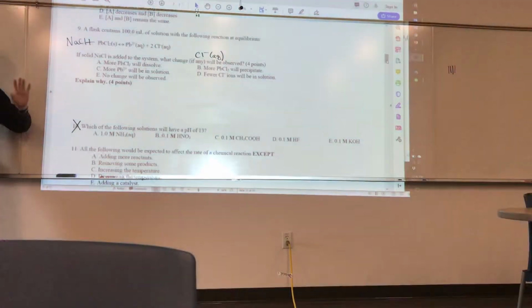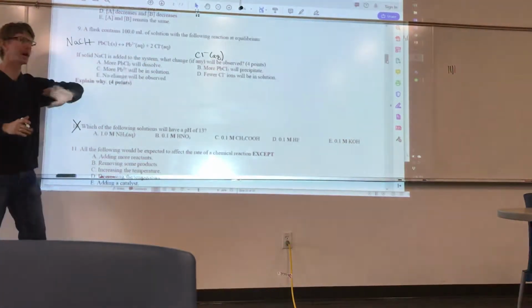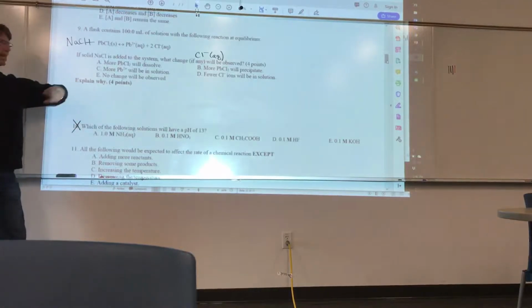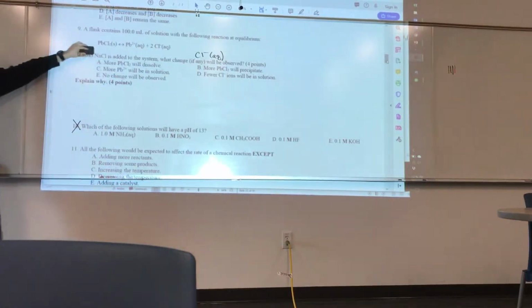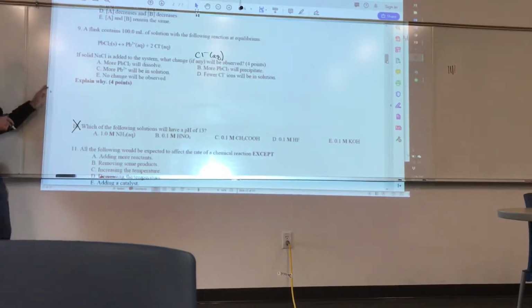So we're adding it, and then we have to figure out when it dissolves, or when it increases the pressure of something, how it affects the reaction you've been given. We won't modify reactions, if that makes sense. Okay, so